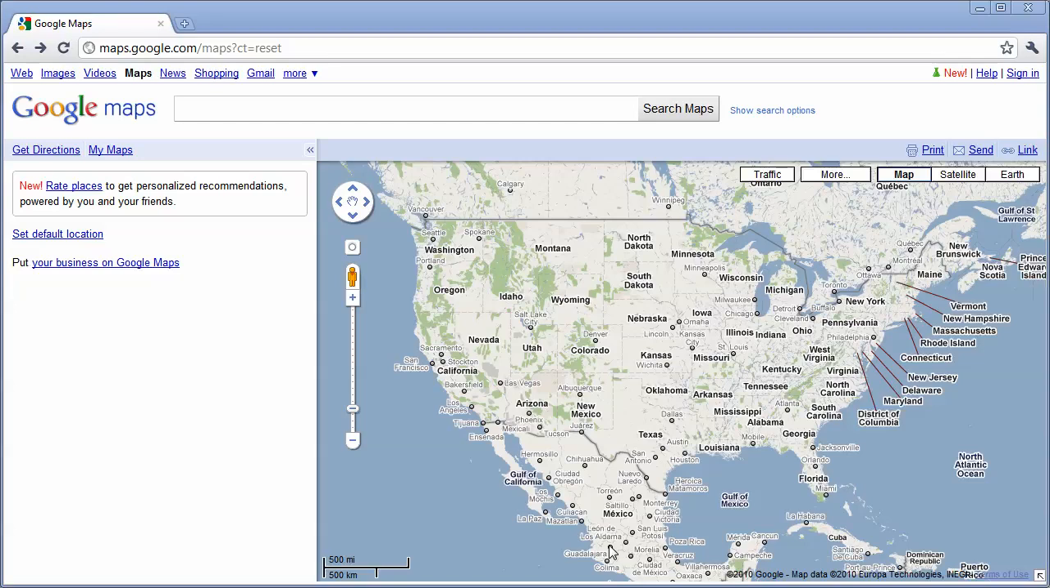Google Maps is one of the best mapping tools available. You can access it by clicking on the Maps tab or the Maps link at the top of Google. You can find directions from one place to another using Google Maps, but there's so much more that you can do with it. For example, let's say that you are visiting New York City and would like to visit